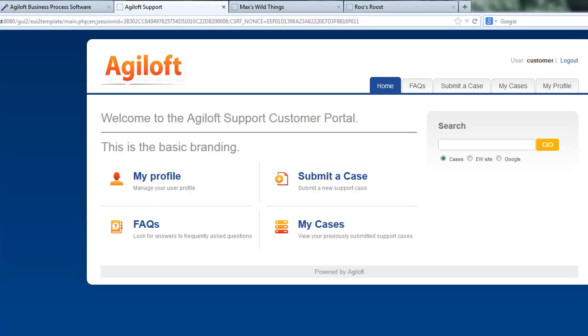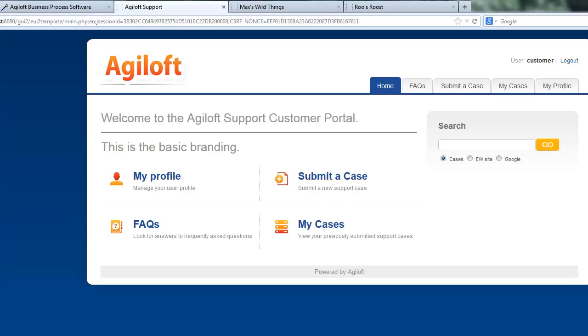This is a brief overview video discussing branding in the Agiloft End User Portal. Our End User Portal is a website where the pages are stored and configured in your Agiloft project. This lets you use our out-of-the-box configuration or design your own. This overview video will show quick examples of how to change some bits of the branding without getting too involved